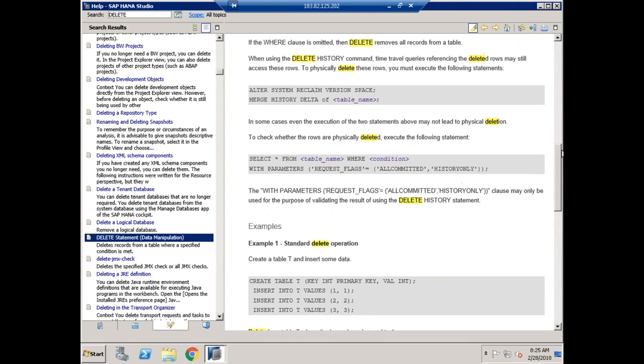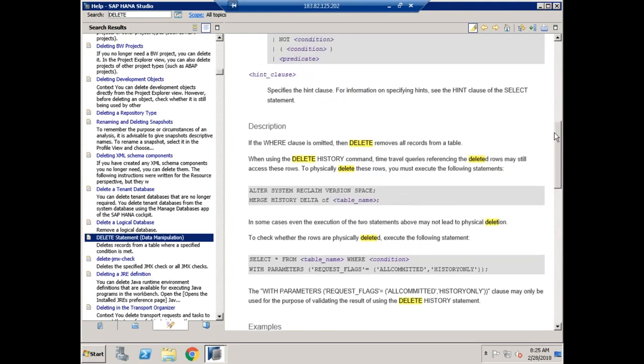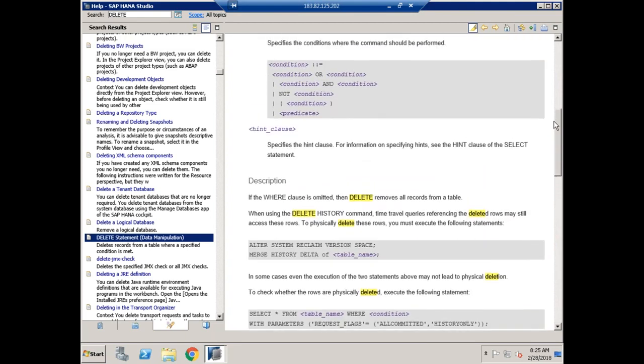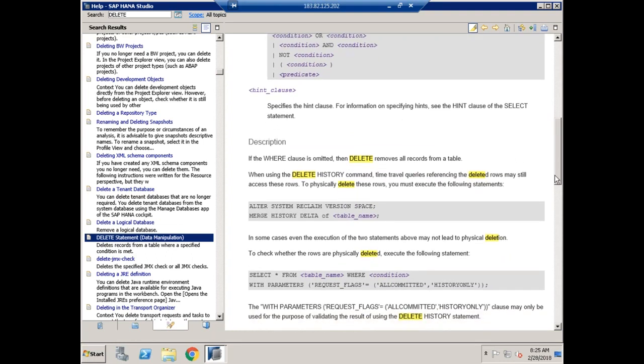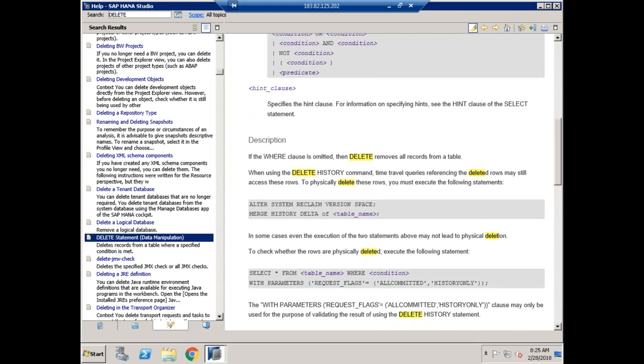Definitely, we'll have some solution for that, but they are not giving any system field also here. See, what they are saying is to check whether rows are physically deleted, execute the following. So again, they are using the select statement, but immediately after that,